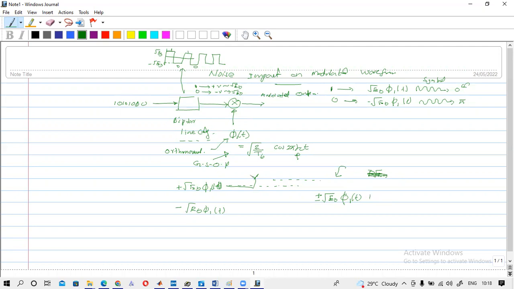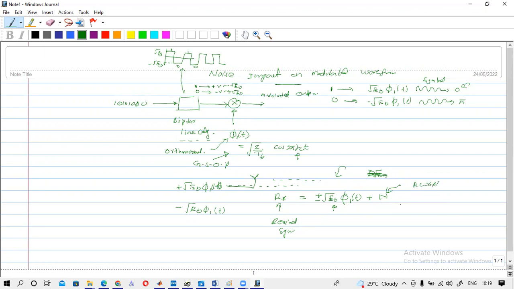Some noise will be added to this signal, and this will be your received signal, let's say RX. So this is your transmitting signal, noise will be added, and the total is received at the receiver. Now you know that this N we call AWGN,